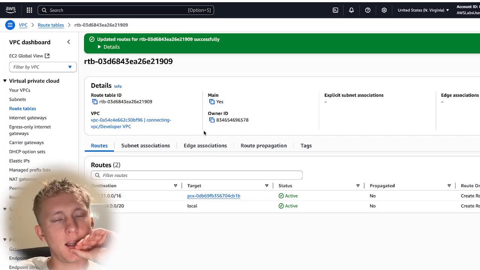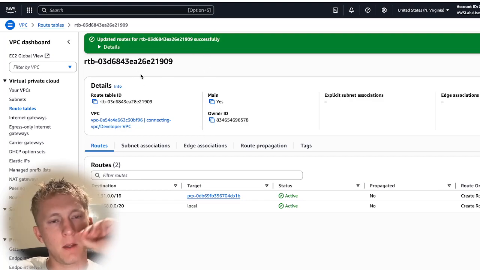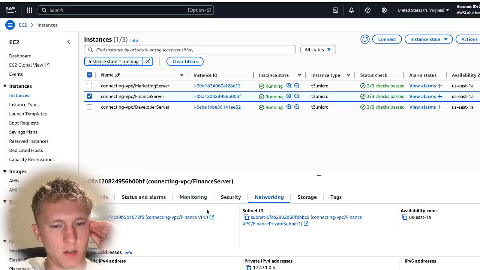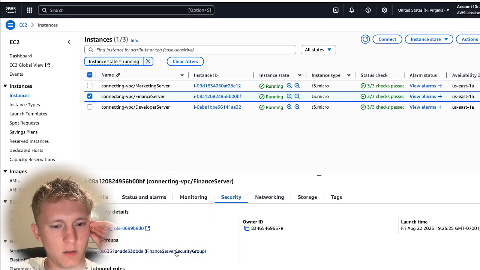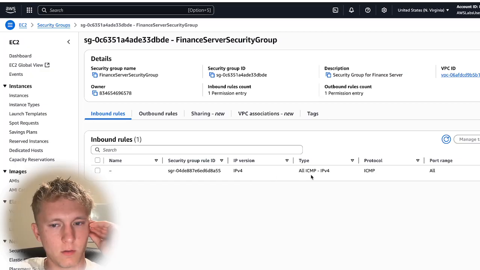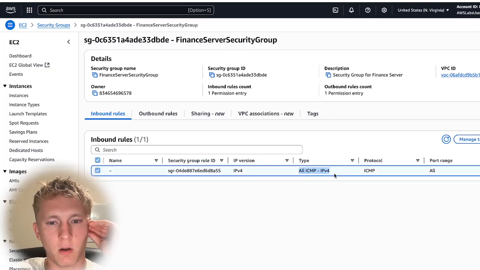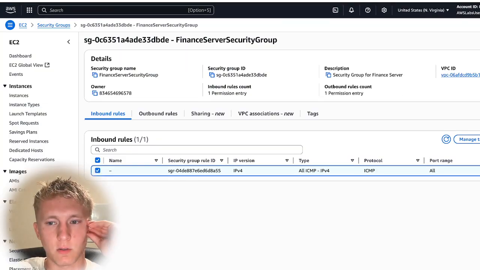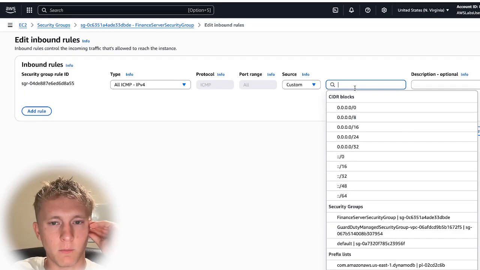Now we didn't allow ping. And what did we allow ping on last time? It was a security group of finance server, right? Security groups. Okay, it's allowing all ICMP v4 from this source, so we just need to add another source. So we're going to edit this, and then we're going to add another source,